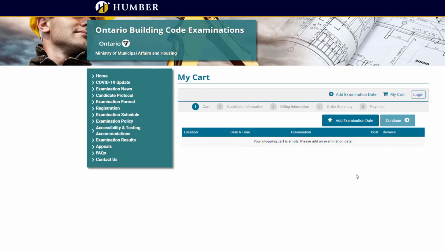They will send you an email confirmation, and please keep that email confirmation handy just in case you need to answer, or just in case the link doesn't come to your email within 5 days before the exam. You will need to contact Humber College, and the information will be on your email, the email address or a contact number. It's better to just email them, it will be faster, and they will provide you with the link